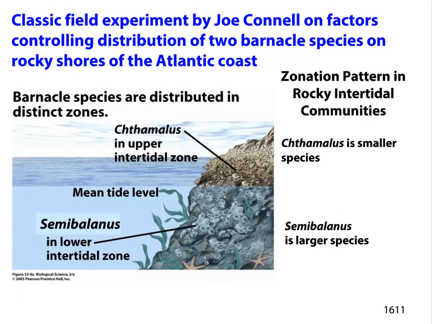If you take any upper level ecology class from this point on, you have got to be familiar with this experiment. Okay, it's a classic one. So what Connell noticed is that barnacle species were distributed in distinct zones. Okay, the Chthamalus was in the upper tidal zone, and then the Semibalanus was in the lower